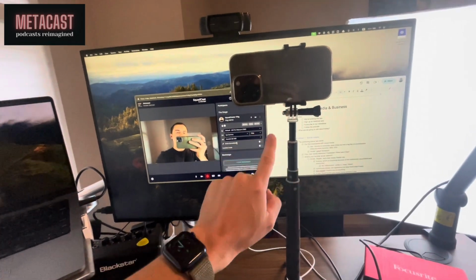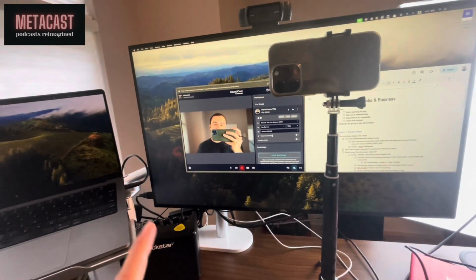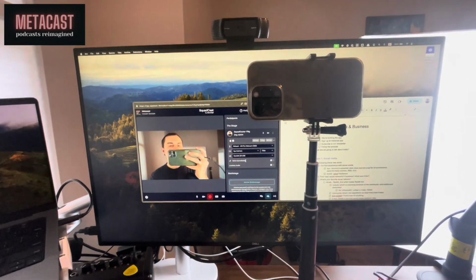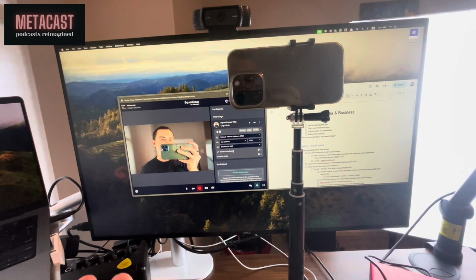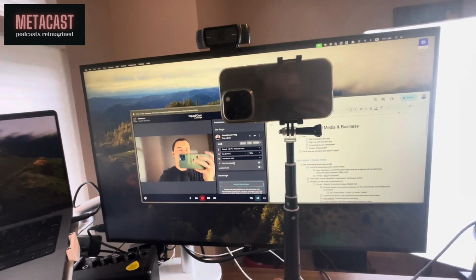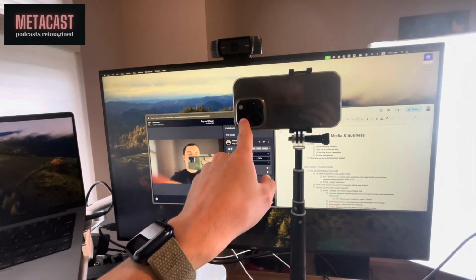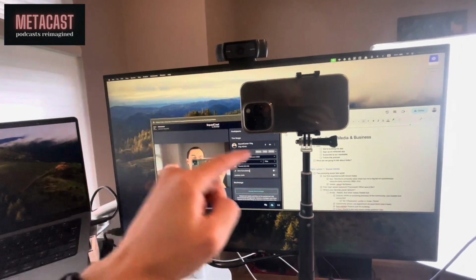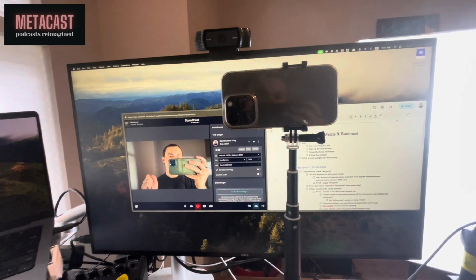It's connected to the computer wirelessly through the Continuity Camera mode on a Mac. And this gives us an amazing quality of video, and also you don't have to spend money on an extra camera. The only caveat here is that you can see it obstructs the view, because I want my camera to be at my eye level, so that when I look at the screen, my gaze looks as if I'm looking